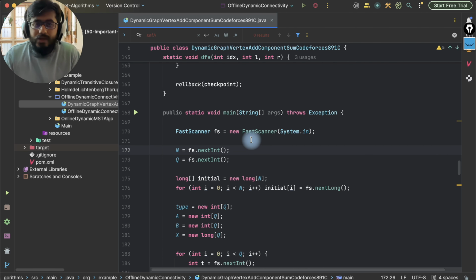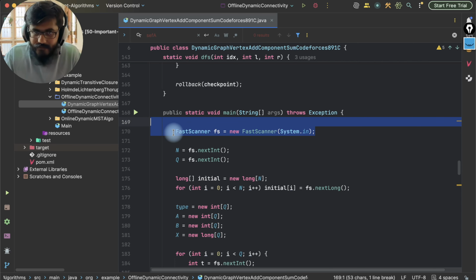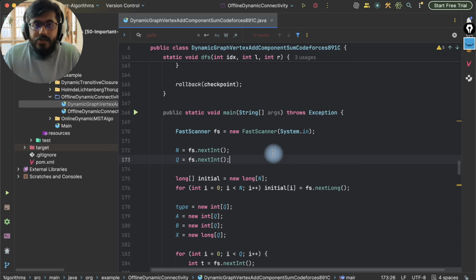So within the main method, let me explain this one. Fast scanner again. As I've said, it is completely related to the input output part. I have made use of it here. I have called the fast scanner method here. So this is fine. Next, what we are doing,